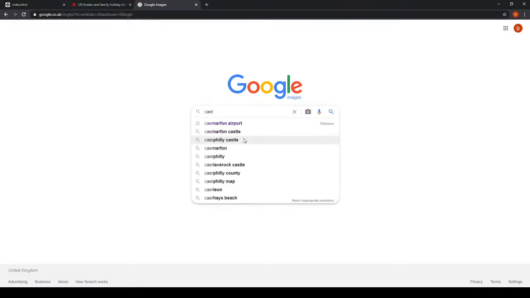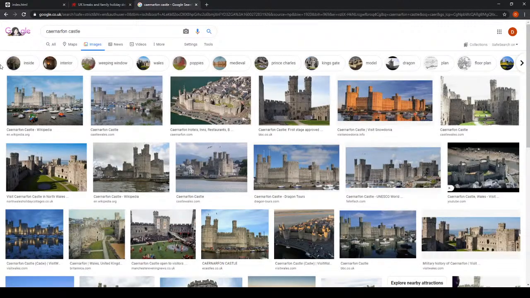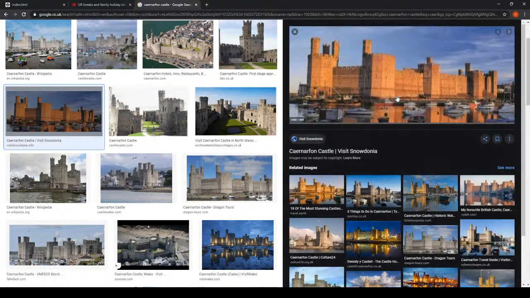If you're downloading, you need to upload that picture onto CodePen. You can select it from there. So that's the first method I was talking about. There's an example here of an image of Carnarvon Castle from Visit Snowdonia, and if you right click, there's normally a copy image address, and that will be the location of that image on the actual internet, on the web. So if you copy that,